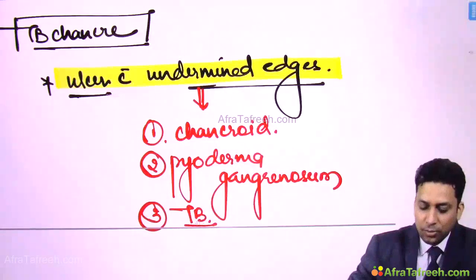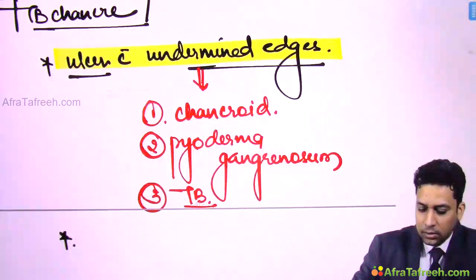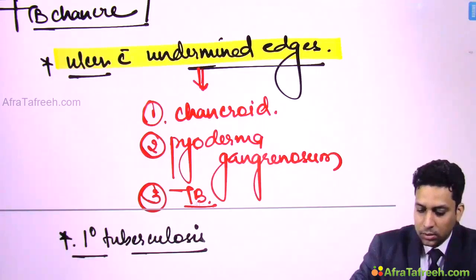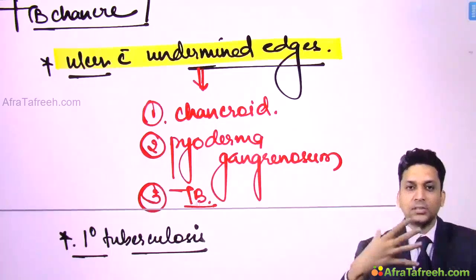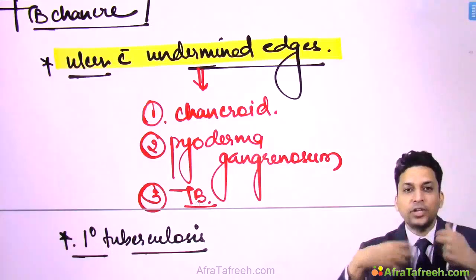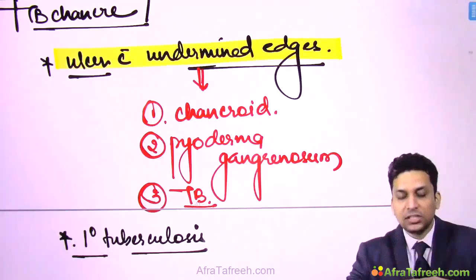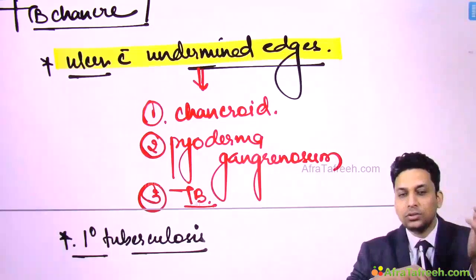Now remember that this tubercular chancre is primary tuberculosis. So you can imagine how rare this is, because generally primary tuberculosis occurs in lungs, isn't it? And the first focus which is formed is known as Ghon's focus. So if before pulmonary involvement, cutaneous involvement occurs, then the first ulcer which is formed is known as tubercular chancre. So tubercular chancre is analogous to Ghon's focus in lung.